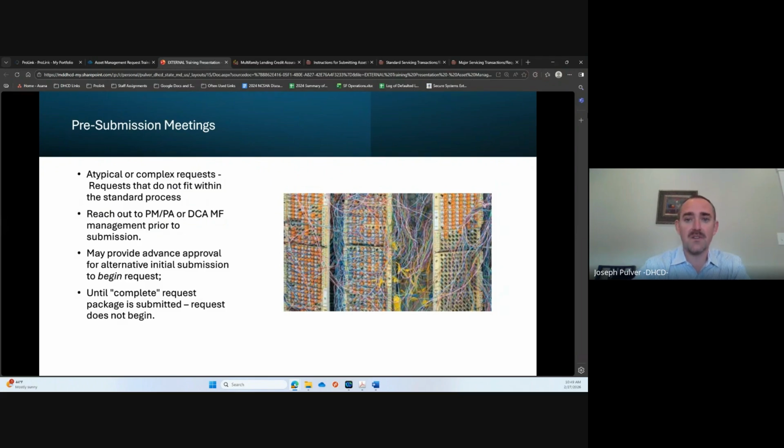And then, if necessary, if there's any kind of agreements or determinations made at those meetings, we'll start the request without, I think I mentioned earlier, that substantially complete package. So if there's an agreement at that point to say, okay, you don't have these things, but you'll have them later, you can submit without them, we'll put a post or a note in the work center. So that'll notify the asset manager when it gets set up, and the assigned lead, that when they're doing their review, to move forward without those.